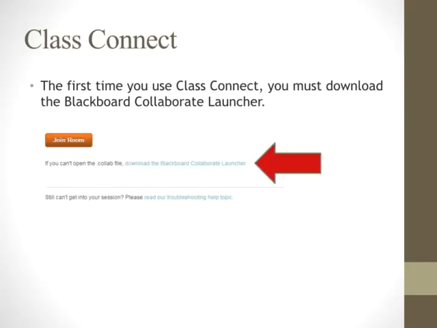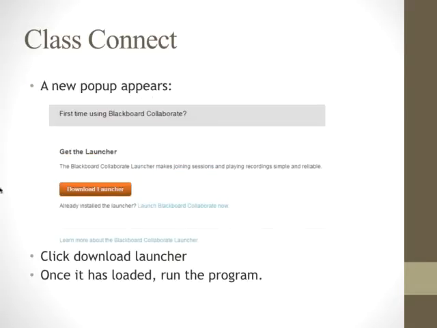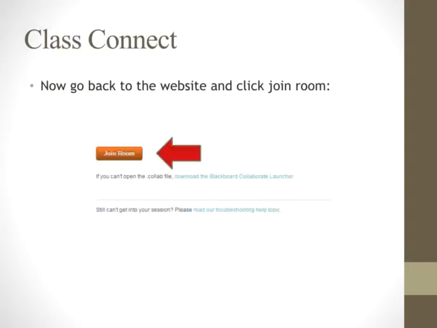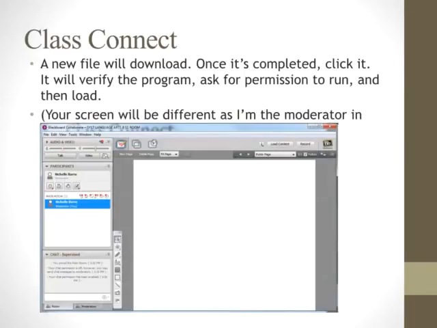So you download the launcher, it'll bring up a new pop-up asking you if you really want to do that, and you do. Download the launcher. Once it's loaded, you run the program. Then you go back to the website and click Join Room. That'll download another file, and once that's completed, you click it. It will take maybe about 30 seconds for it to bring it up and verify the program. It may ask for permission to run, and then it loads into a screen that looks like this. It's very simple, and it is the way I like to chat with my students,